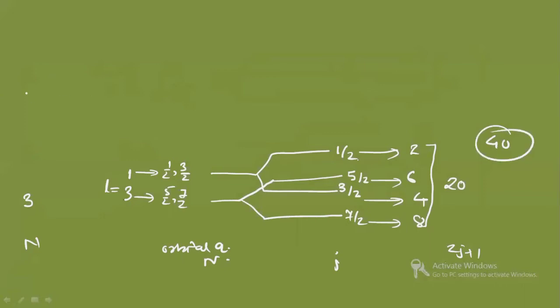This way you can do it for n equals 4. You will take L at 0, 2 and 4. Again you can do it for 5. You can take L value as 1, 3 and 5. Again you can do it for n equals 6, so you will take 0, 2, 4, 6. Alright. So this is how you will do. In this way you can draw.